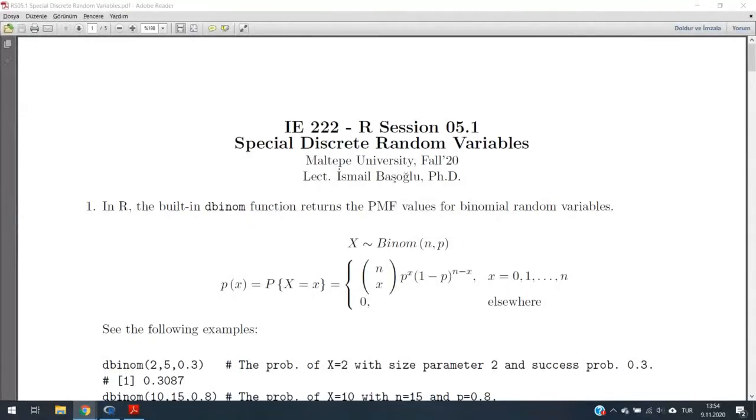Hello again. In this R session, we are going to learn about solution of questions related to special discrete random variables, such as binomial random variable and the Poisson random variable. Of course, a programming language can be useful if the calculation of the probability is too complex for these random variables. But in order to